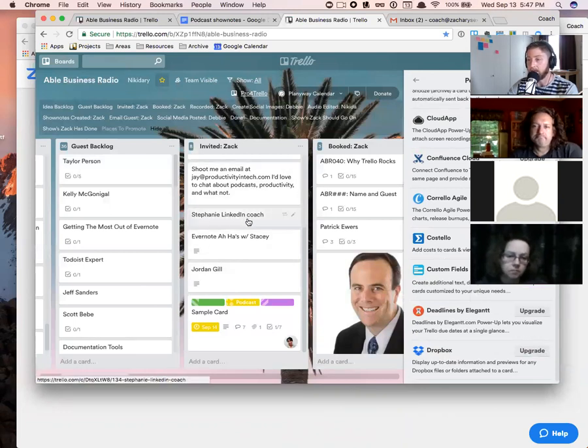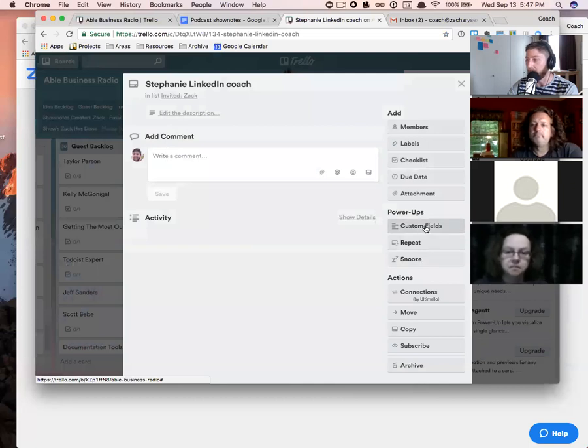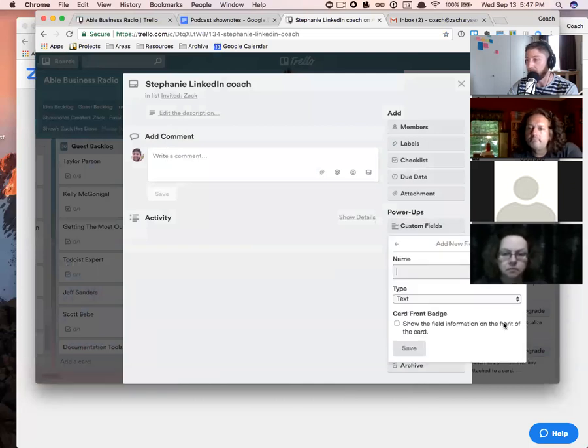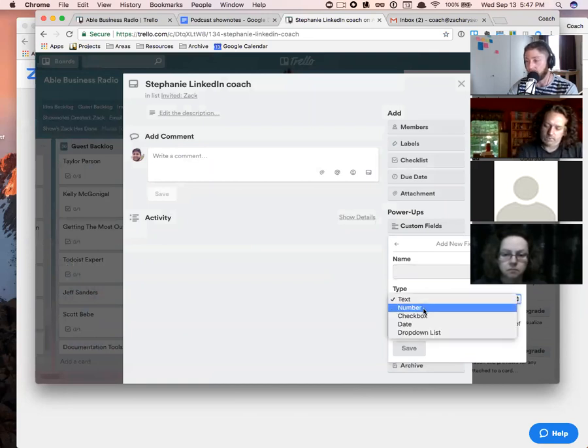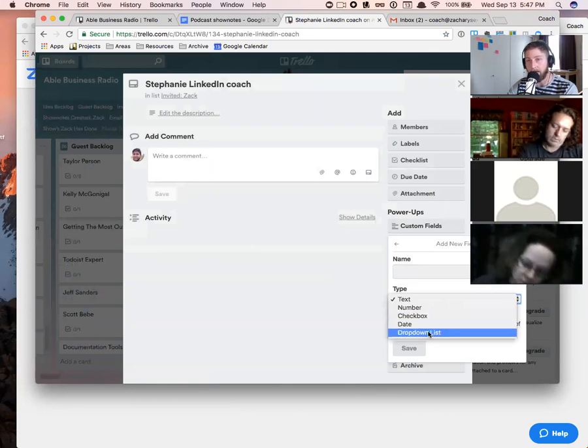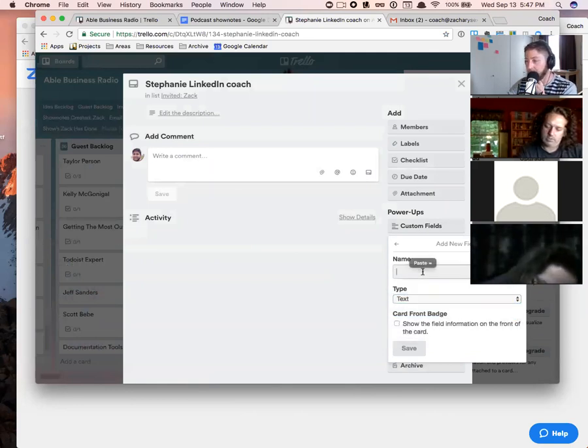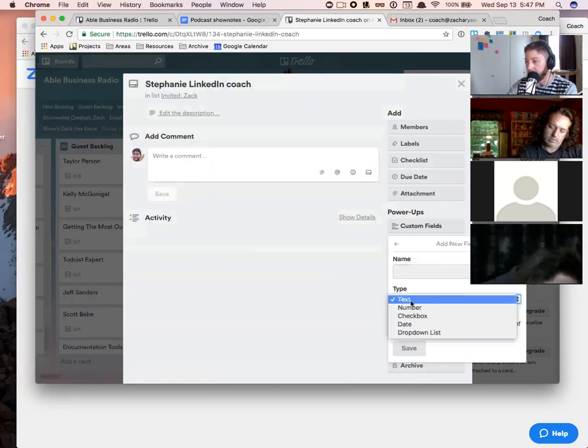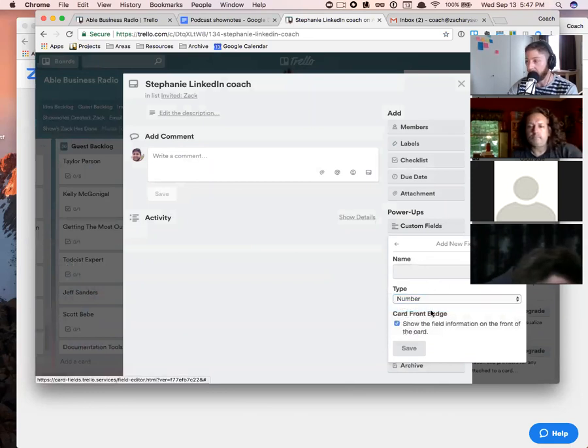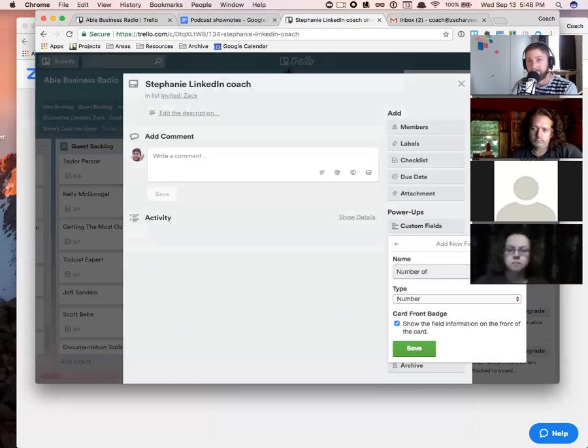So custom fields is you go in here, and then you can create a custom field. You create a form for every card that you want to create, and you can have text or numbers or checkbox or dates or drop down list. So let's say you want to have a number, and you could show this information on the front end. So you got number of dollars. I don't know. You save that,